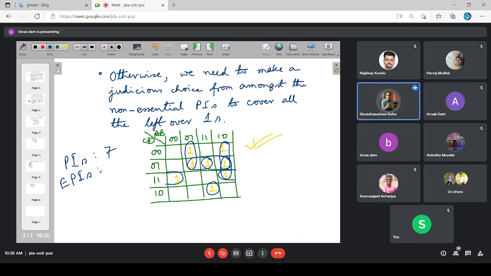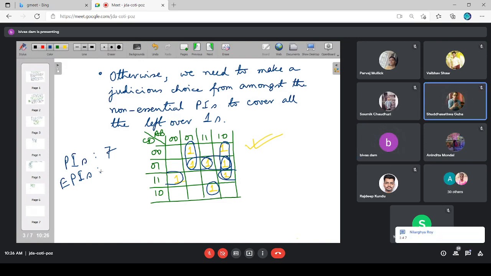Number of EPIs: how many essential PIs are there? 7 only, sir. No, 6. Sir, 2. No, sir, 6. So 5. No, 4 is left. 4. Sir, 5. Okay, 5 is there, 6 is there, 1 is there. Somebody has also told 2, 3, 4, and 7 are left. Any taker for those 3? 4, sir. 7. 3, sir. 2, sir. 1, sir.